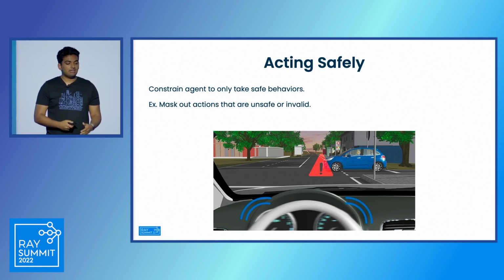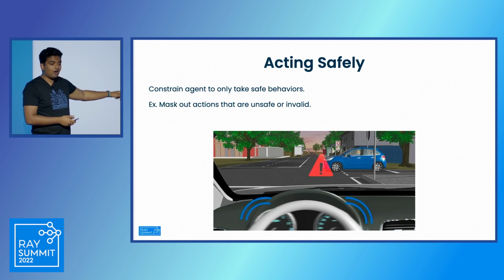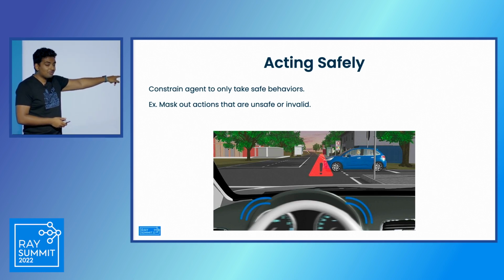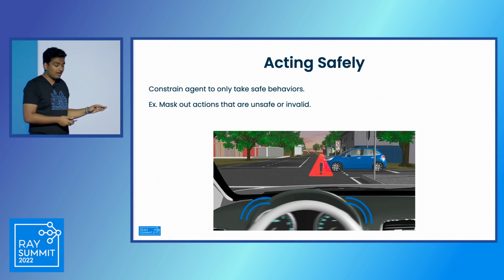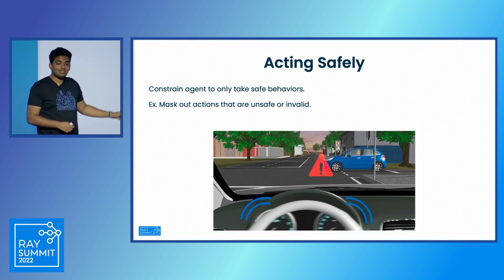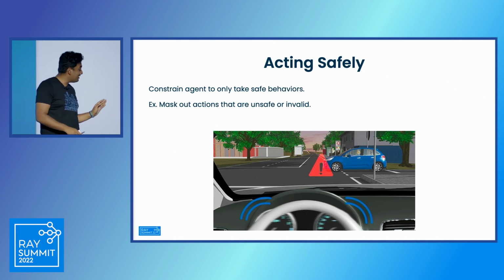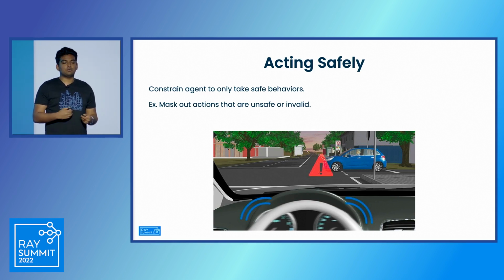So for example, if we were to look at this image on the screen right now, you could think of this as a self-driving car environment or world. And there's a car that's about to T-bone. Naively, if we were to implement no constraints whatsoever, it's completely within the possibilities for this car over here that we're controlling to hit the gas pedal and actually run right into the other car, which is not very safe. And so we need tools such that we're able to apply constraints.